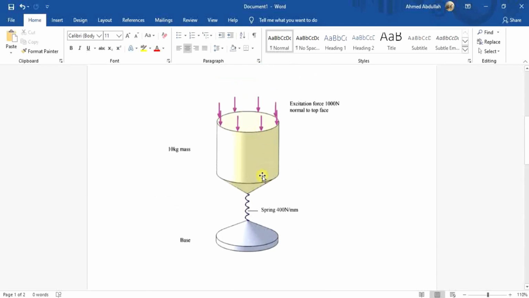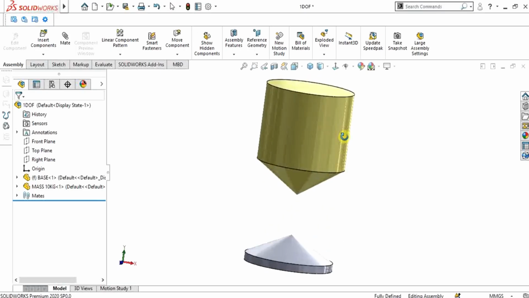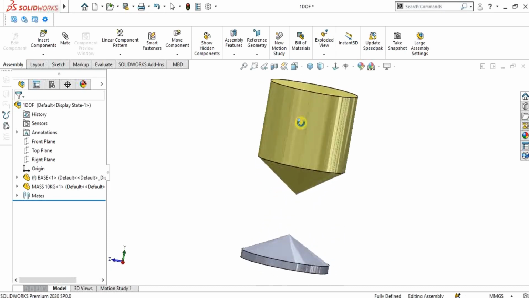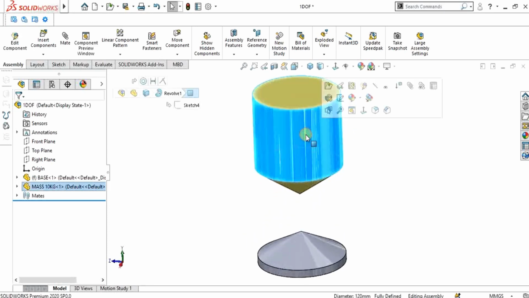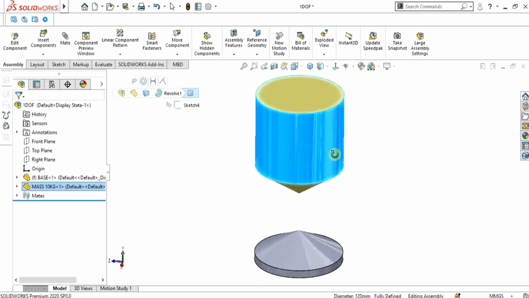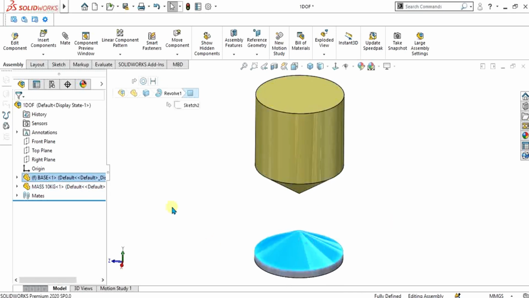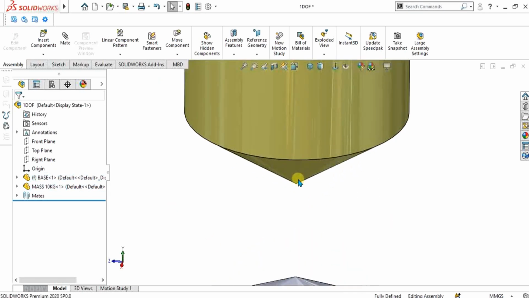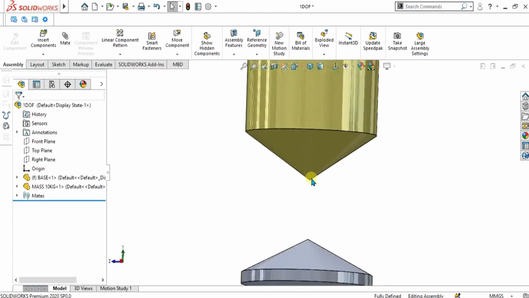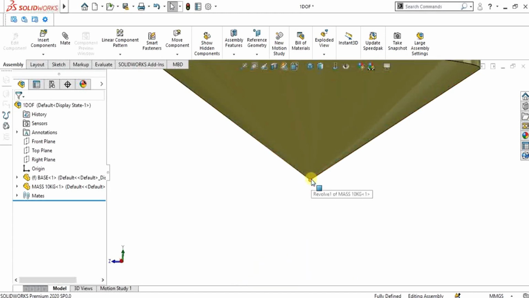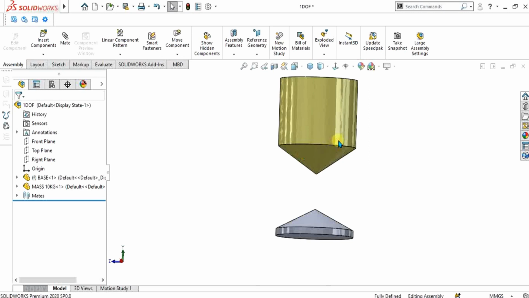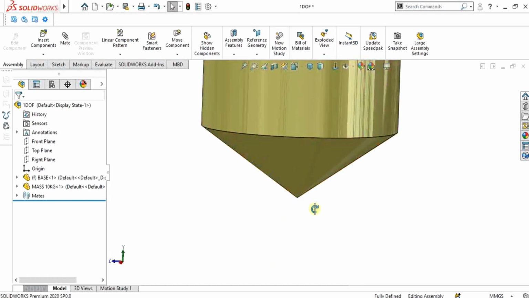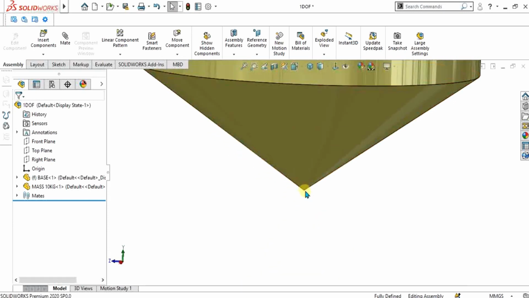So let's start. We have the same geometry we solved in part 1. This is a part with a mass of 10 kilogram and this is the base. As we are going to see the time response, we will apply the sensor here, so we can see the time response analysis of displacement or stresses at this vertex.